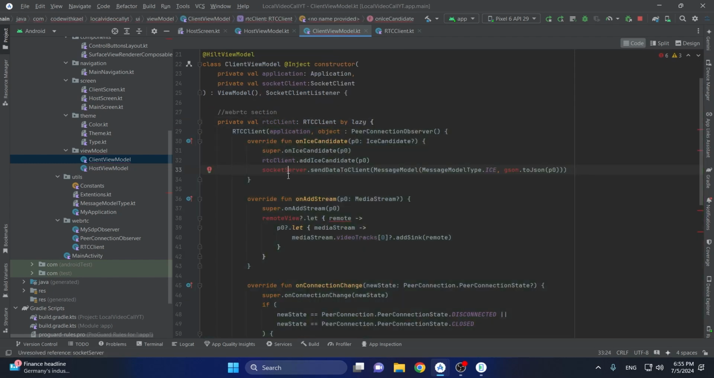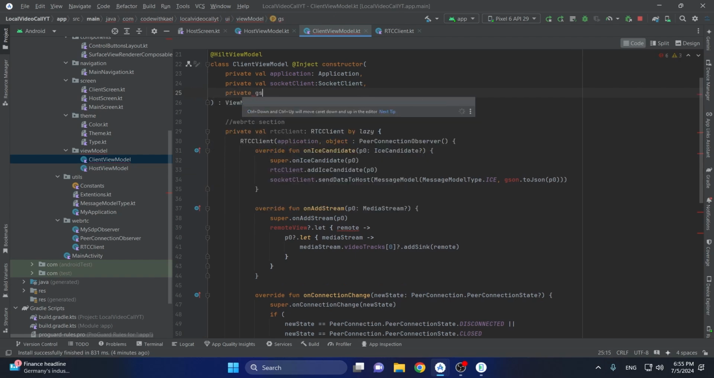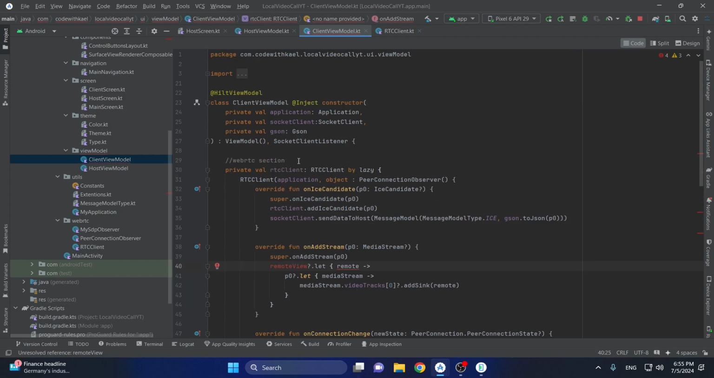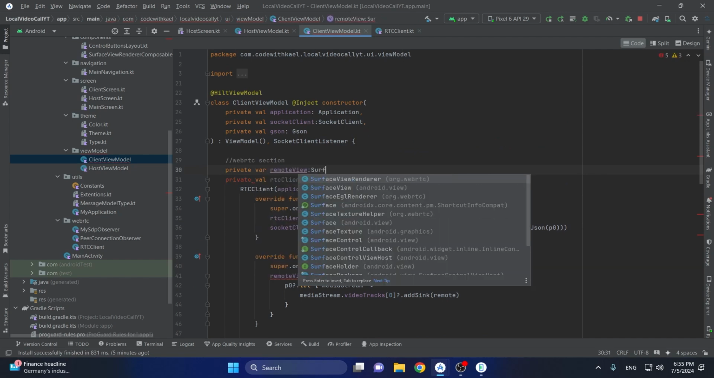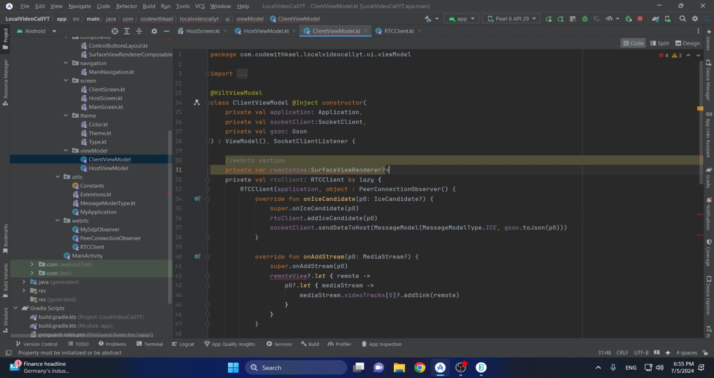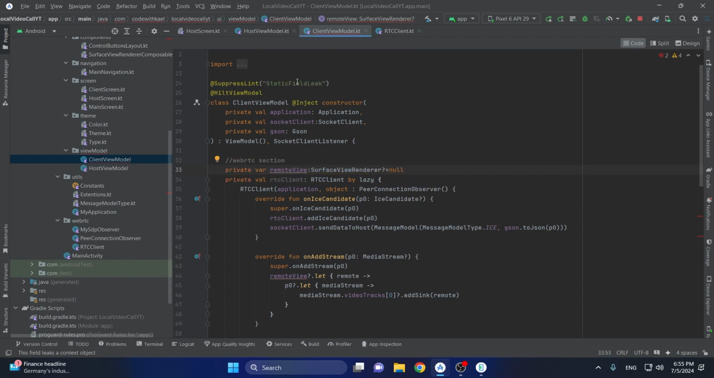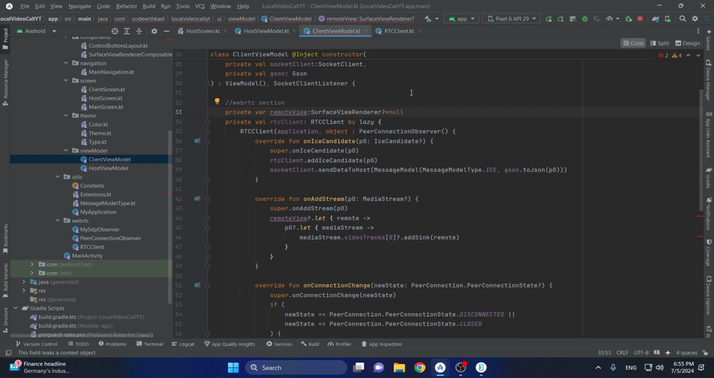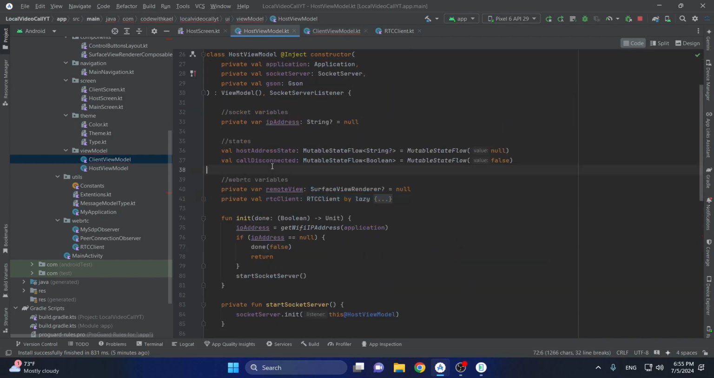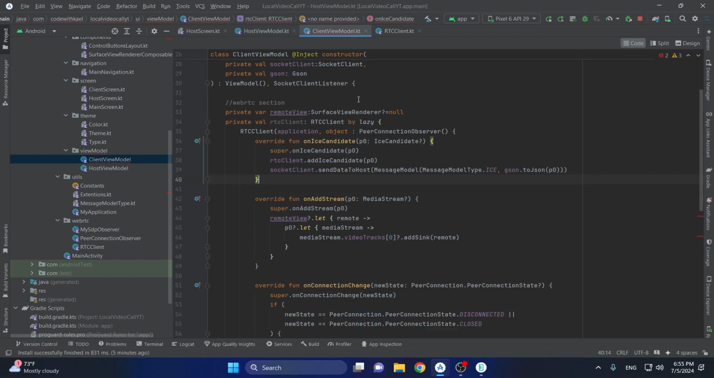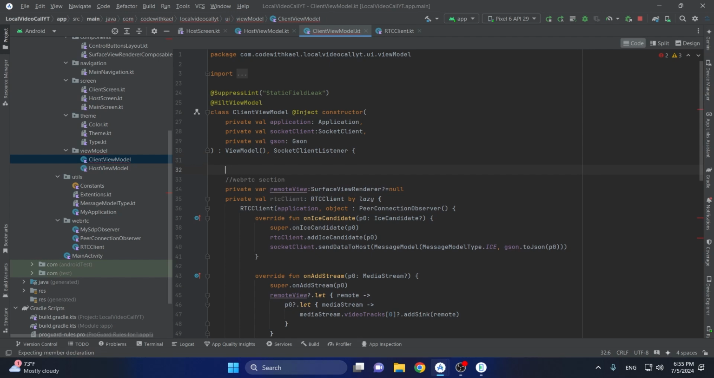Instead of the socket server, we will have the socket client, and we will have send data to host. Also, we want to add the JSON object. We also want to have the remote view of type SurfaceViewRenderer, initially null, and also suppress the static view leak since we are handling it ourselves. So it's pretty much the same as what we have done inside our host view model. Like this state of call is connected, I'll just copy and paste it. States,